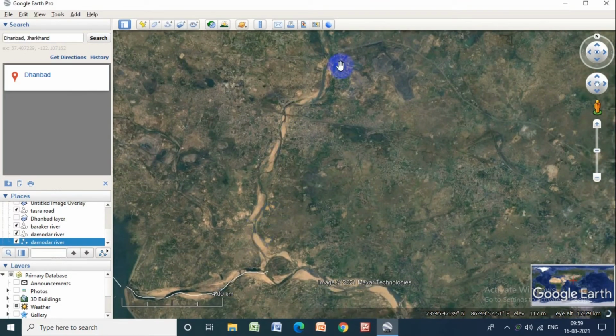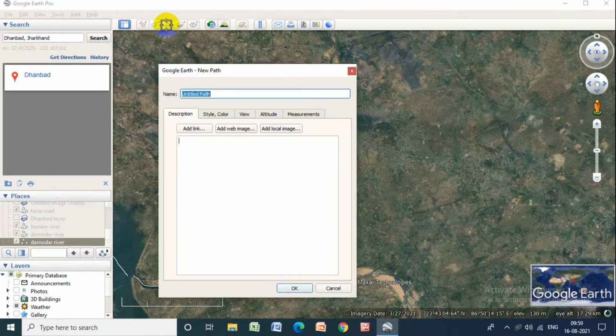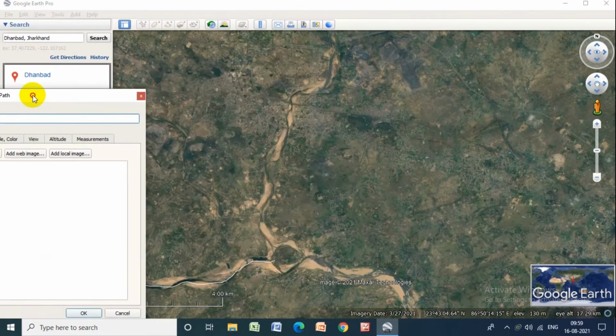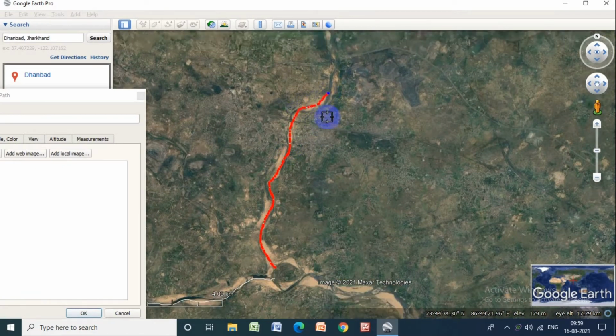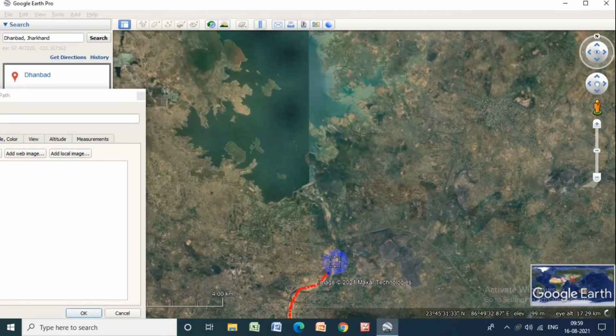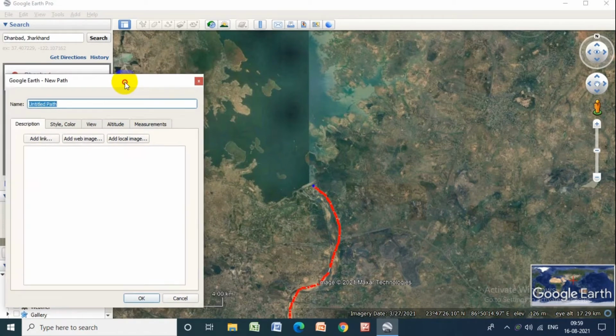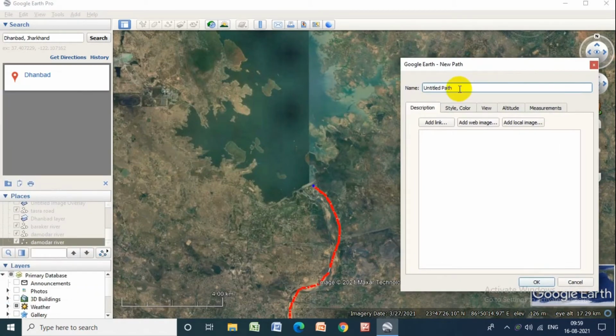And this is the Barakar River. We try to again digitize the course of the Barakar. It will be completed here, but the others are dam.